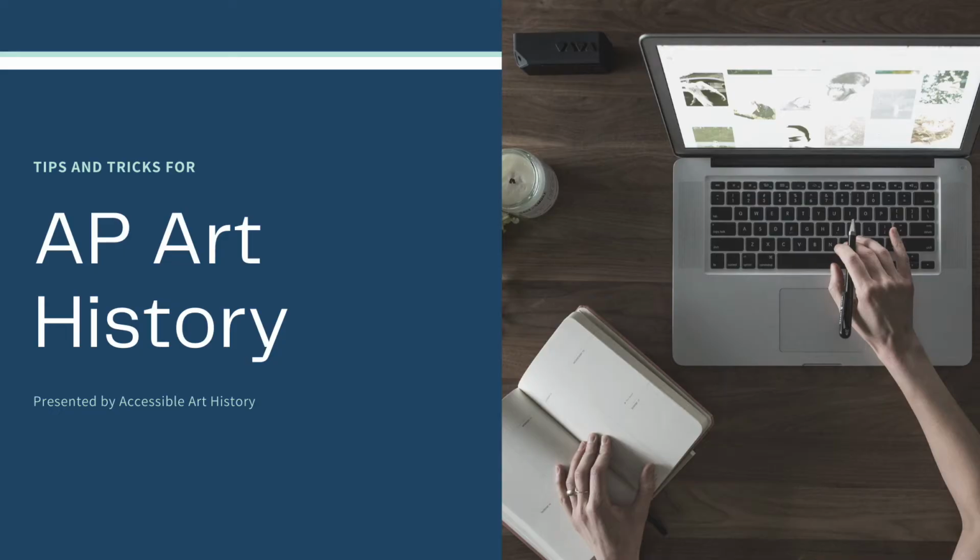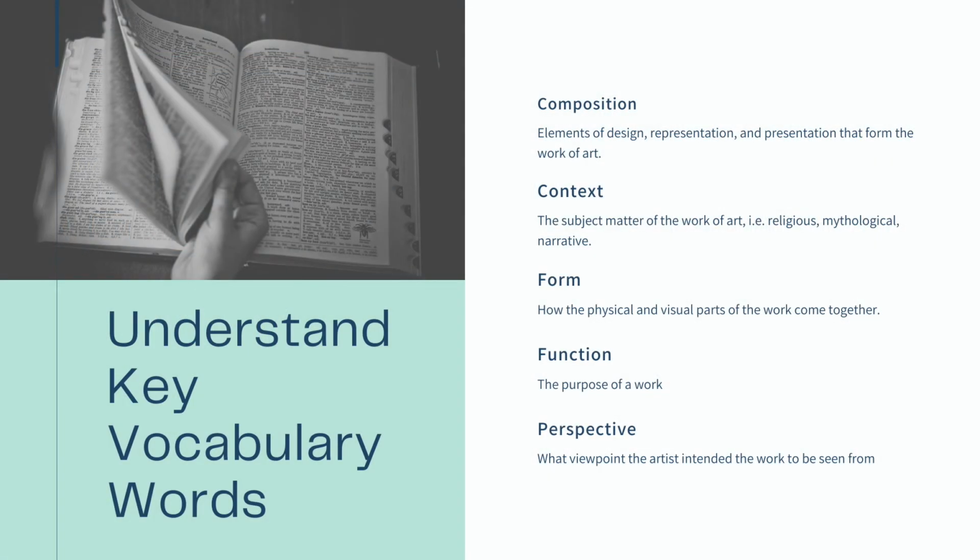I took the test in 2009, and I used these 5 tips and tricks to help me receive a 5. Of course, nothing beats hard work and studying, but these things help change up my routine and help me learn in new ways. In each unit of AP Art History, there are specific vocabulary terms for the type of art being discussed, but there are a handful of terms that can be used in any situation. By understanding them, you will be able to speak on at least one aspect of each of the 250 required